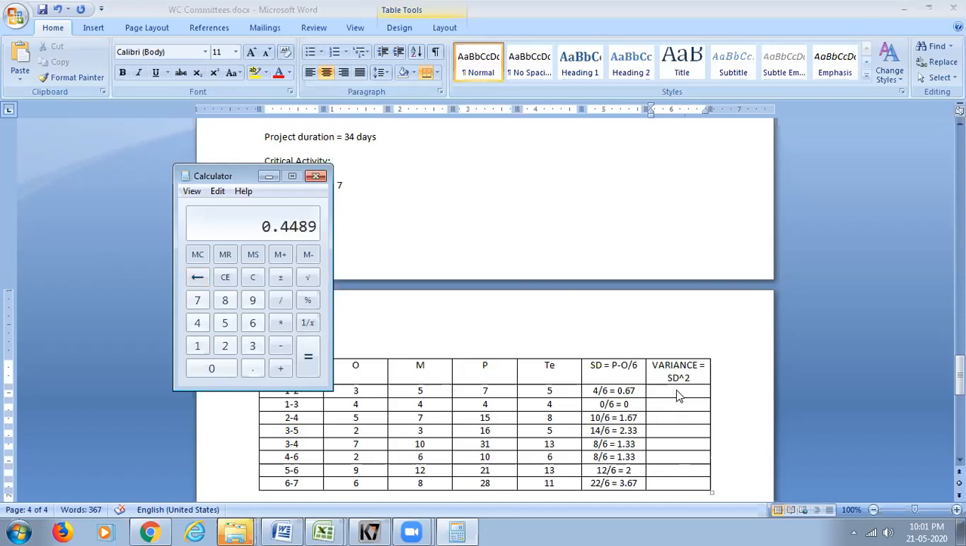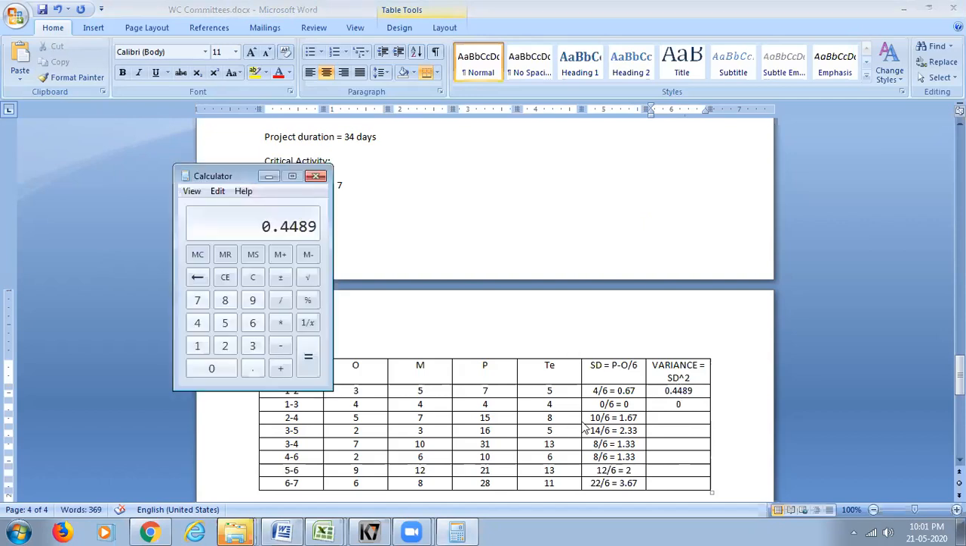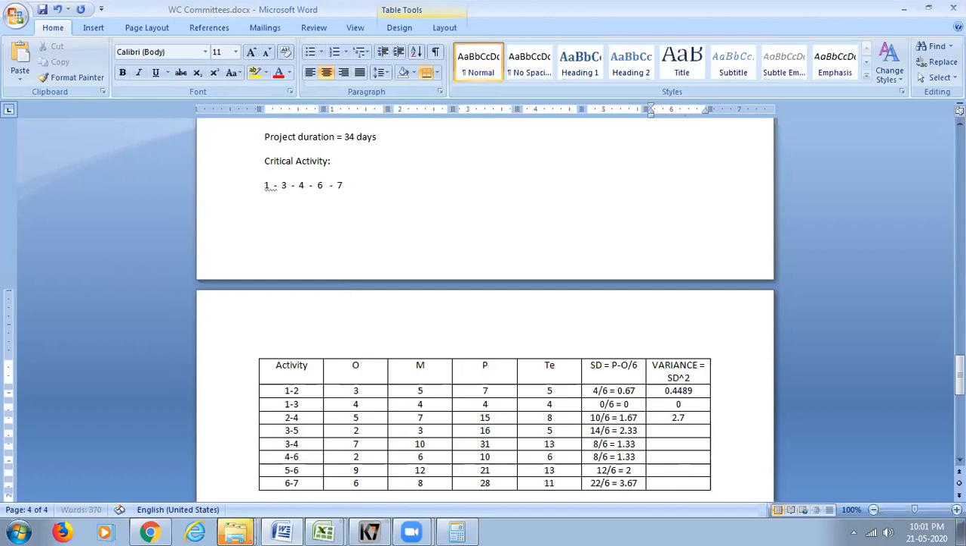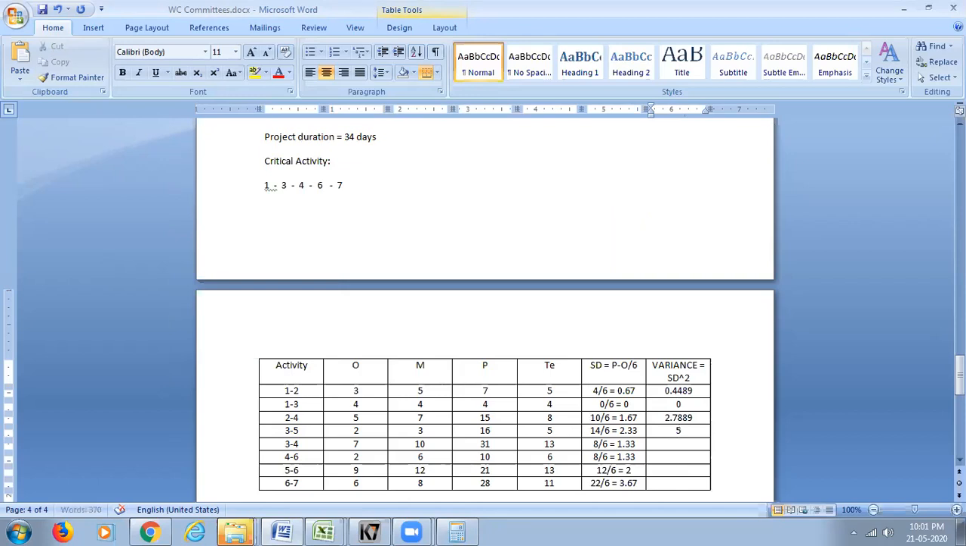is 0.4489. Then the next one is 0. Then 1.67 to 1.67, 2.7 W89, 2.33 into 2.33, 5.4289, then 1.33